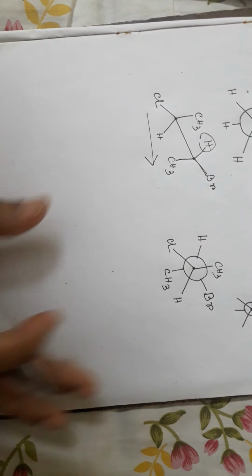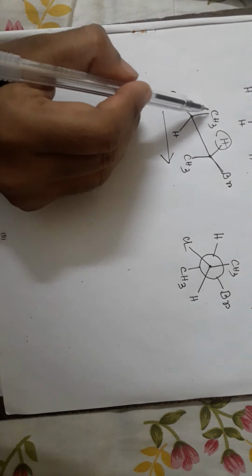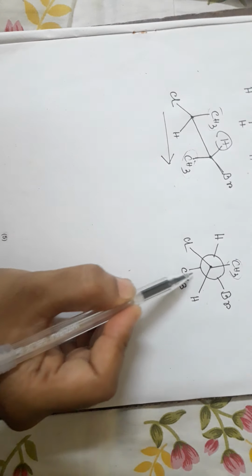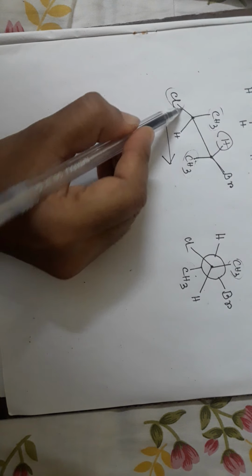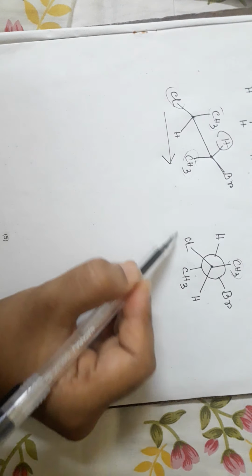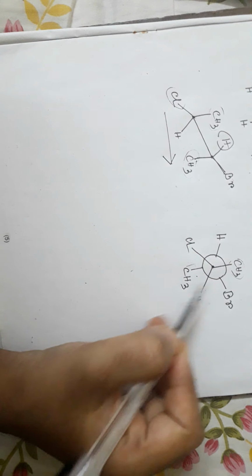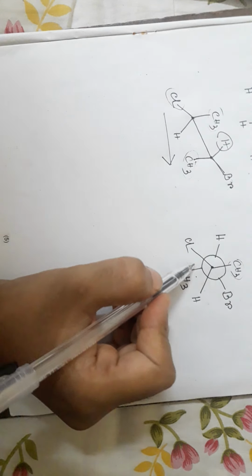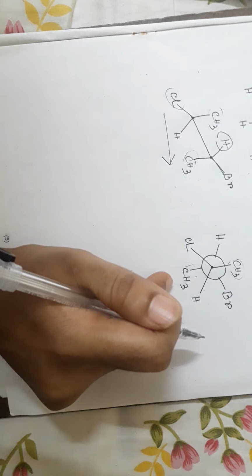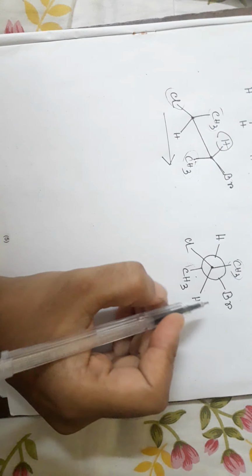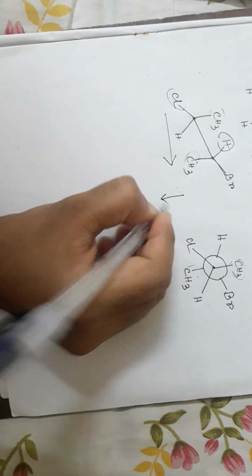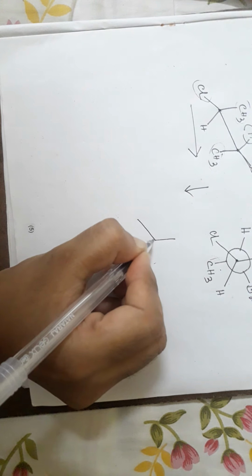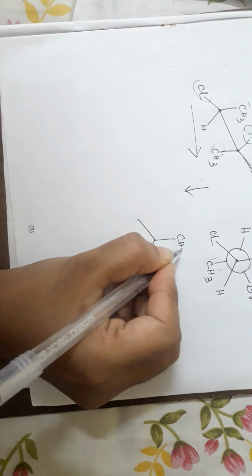Right? So it is our staggered because this CH3 are as far away as possible to each other. Right? Again that Cl and bromine are farthest away, at least 180 degree. So these are far away. As far away possible, these positions are linked over there. So this is staggered. And if we want to draw it in Newman, then keep it at the same position, front carbon